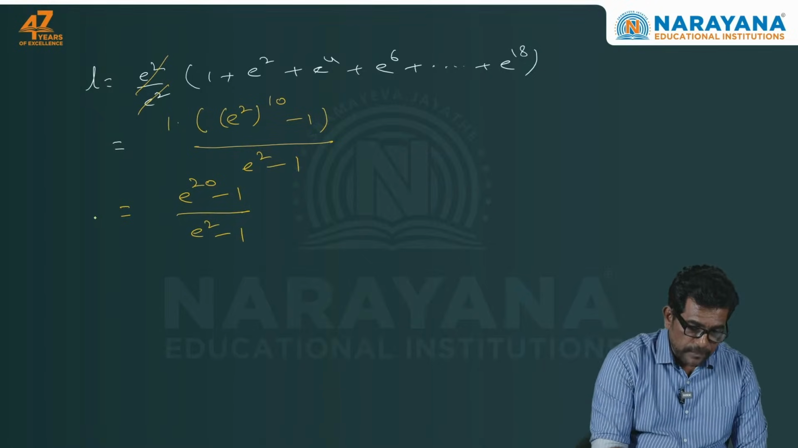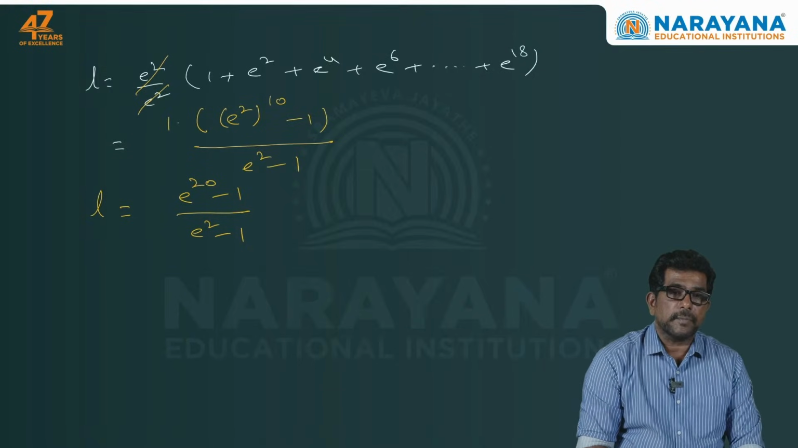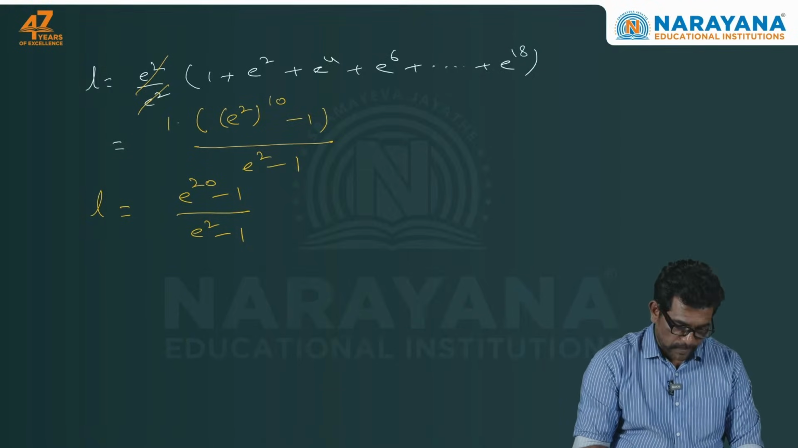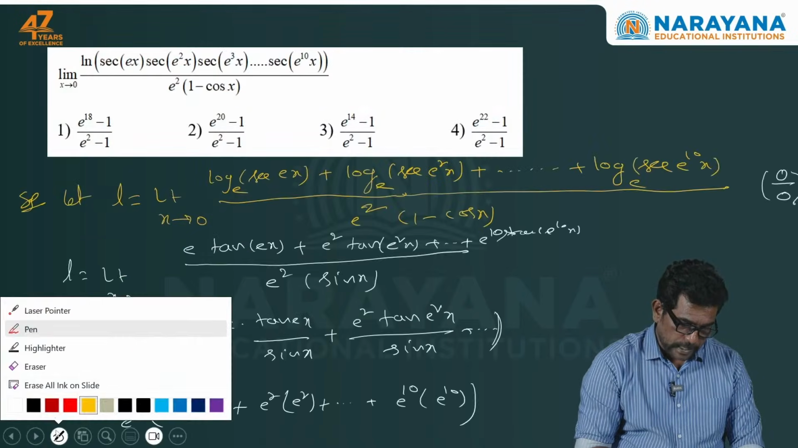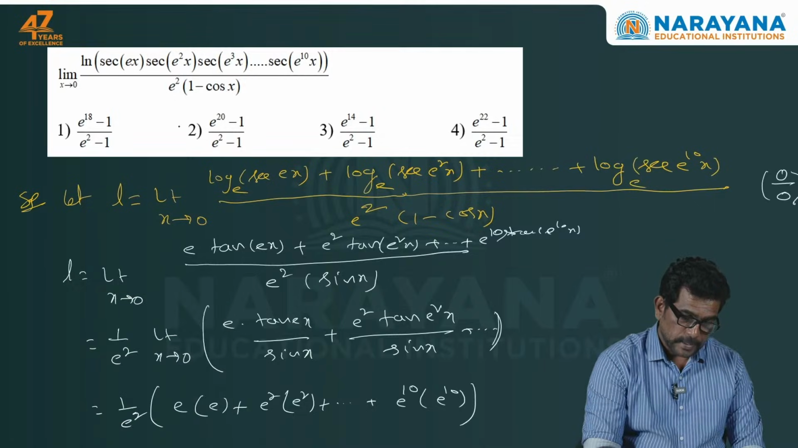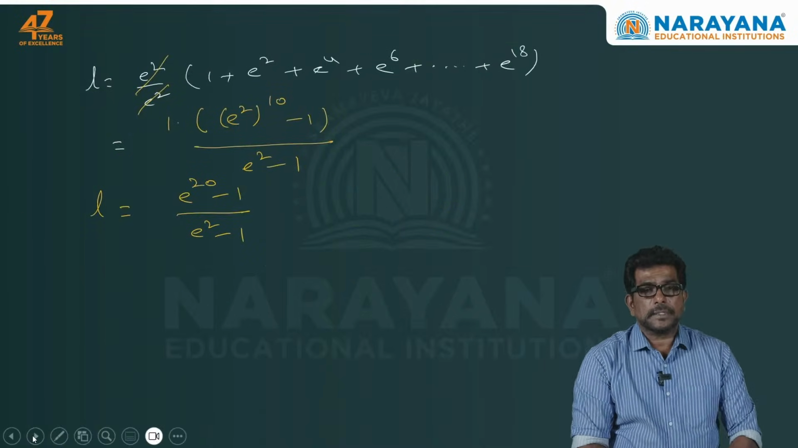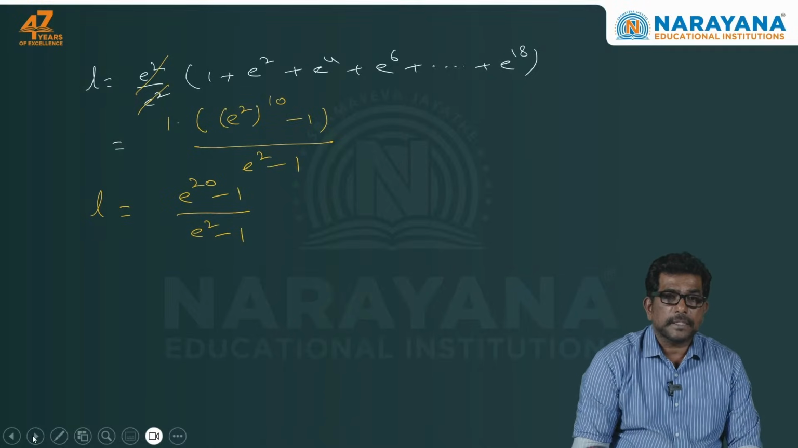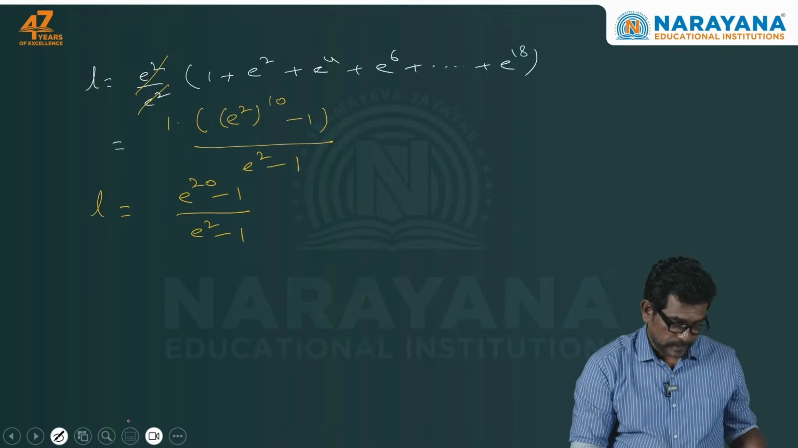So the given limiting value L is equal to e to the power of 20 minus 1 upon e square minus 1. That is, the second option is right. The level of the problem is average. It is a moderate problem. It takes hardly 2 minutes. Next one is,